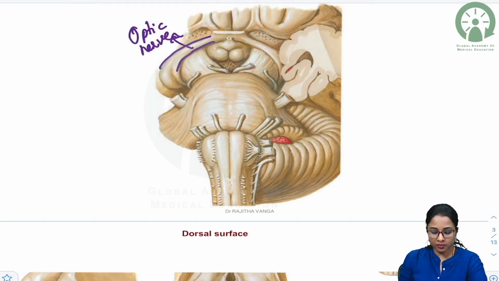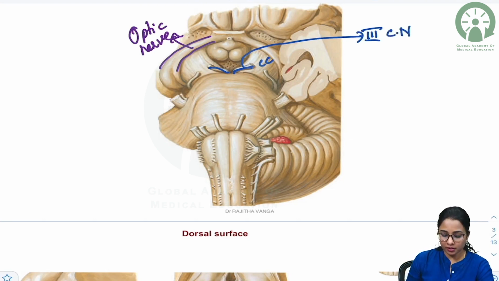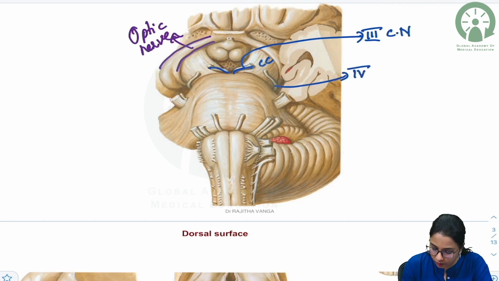And in this image, we can see the oculomotor nerve emerging from the medial side of the crus cerebri. So this is the crus cerebri. Here is the third cranial nerve, the oculomotor nerve, emerging from the medial side of the crus cerebri. From the lateral aspect of the crus cerebri, we can see the fourth cranial nerve, that is the trochlear nerve,